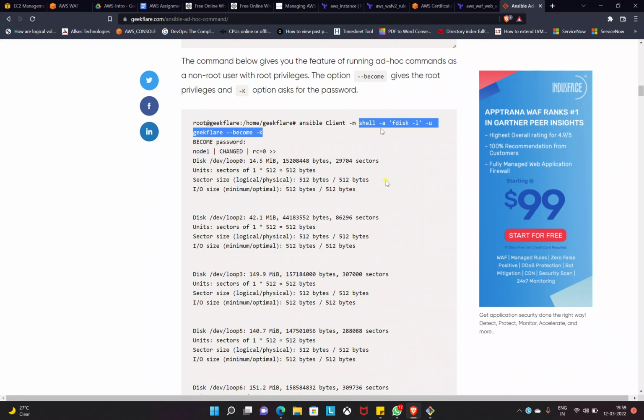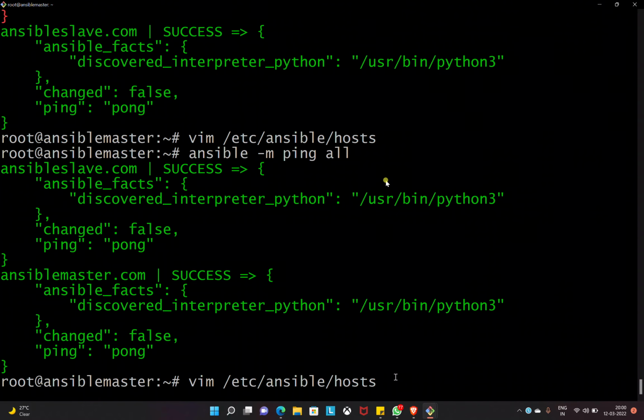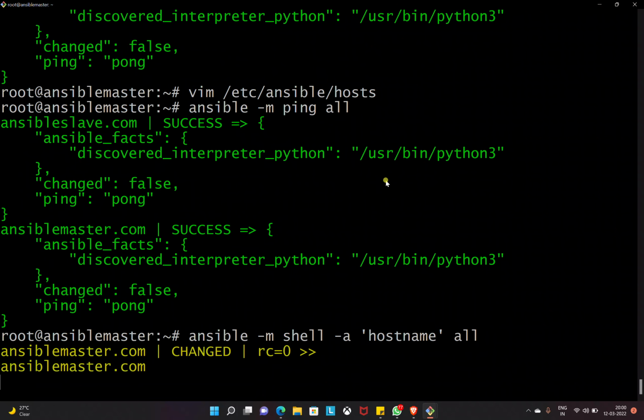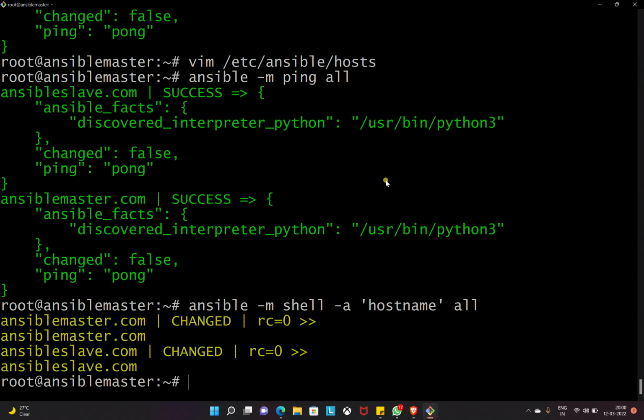See, this -m means module. So the shell module is used to run any commands on another machine. For example, let me run this. So ansible -m, I'm going to use the module shell -a, so run the command hostname, and I'm going to reference all, means